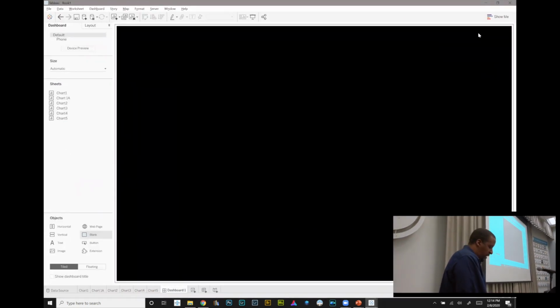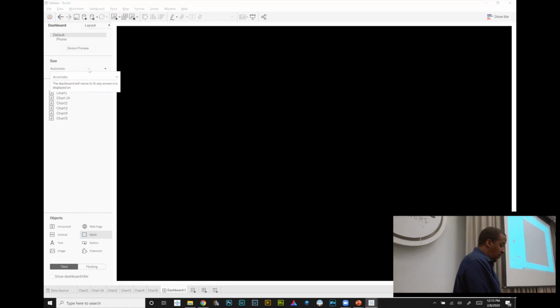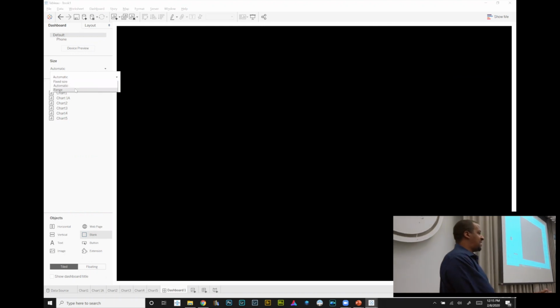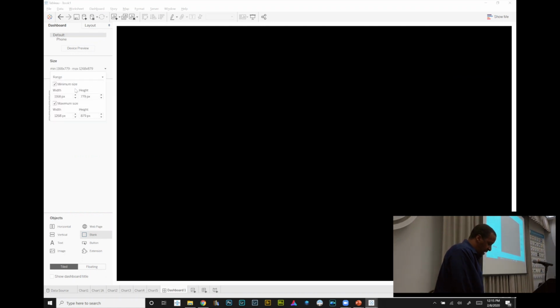Range is a scenario where, if you don't understand the concept, it's basically a combination of both. Instead of being fixed or automatic, you're saying I want fixed and automatic. So what range does is it allows you to set, let's say, the minimum size of the box and the maximum size of the box. So I'm going to say the minimum size of the box in this scenario is going to be 500 by 500, and I'll say the max size is going to be